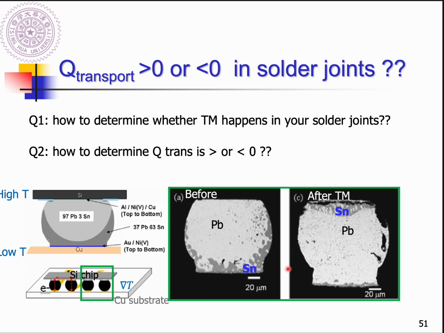Because, for example, we observe the tin moves toward the high temperature. So in this case, we know the heat of transport of tin is negative. Okay,